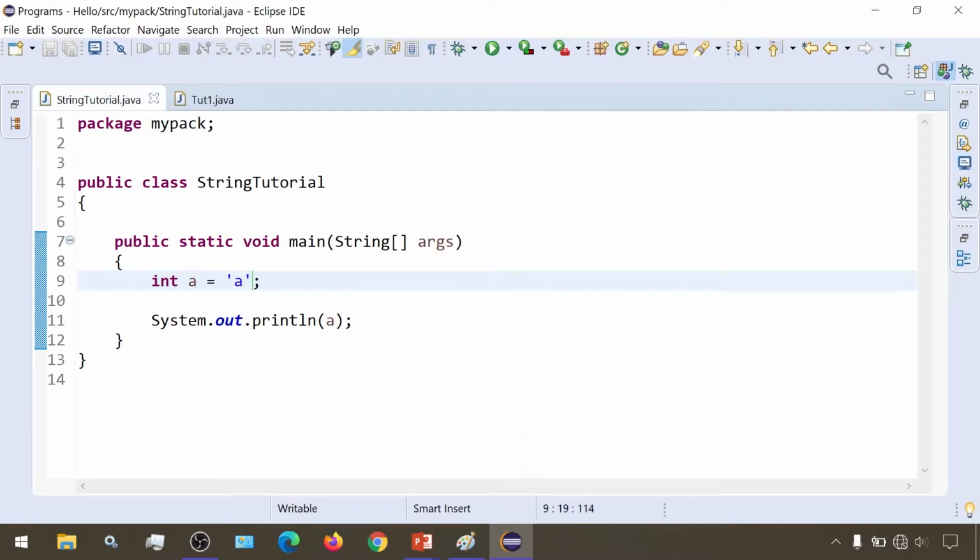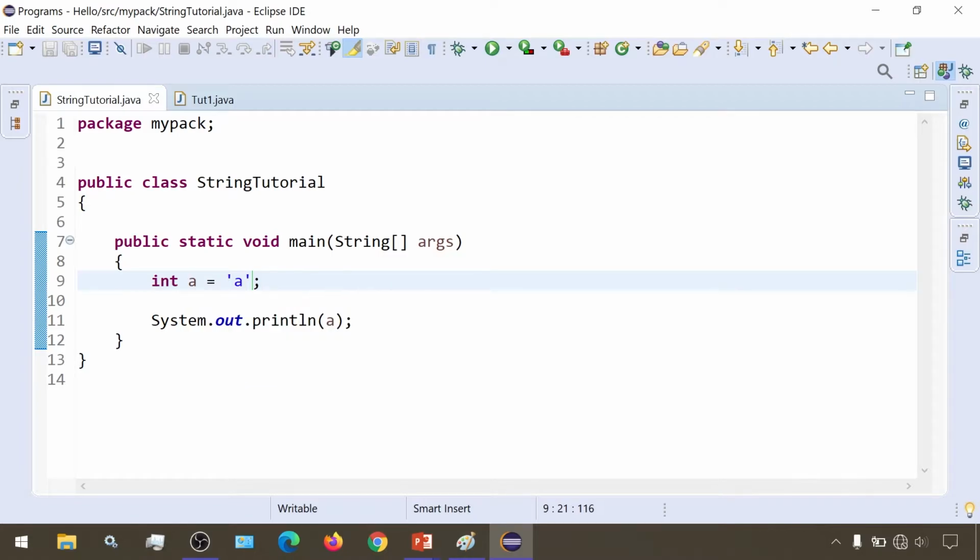So here I can write any character. What happens is this is of type char, and here it gets converted into int. So this is implicit typecasting and it happens automatically. I have demonstrated this previously also, that whenever we assign a char value to an int variable, we get a number displayed, because these char values have numeric values associated with them, and these get converted. So assigning the character a's equivalent code, that is 97, to this int variable a happens automatically.